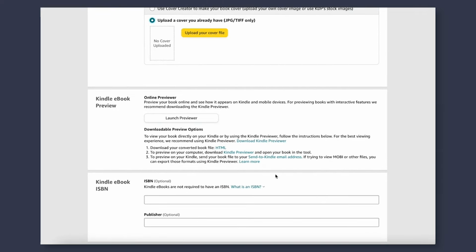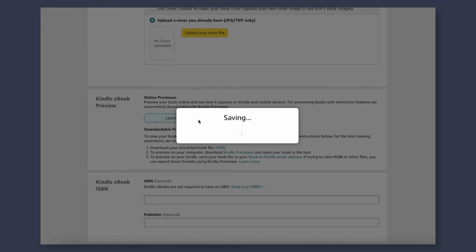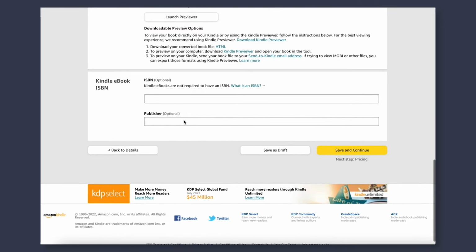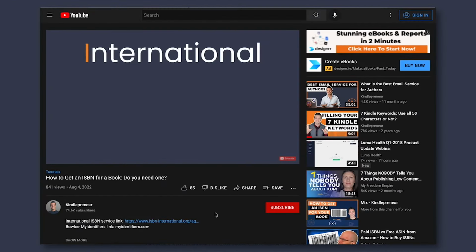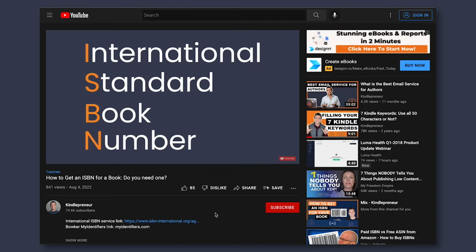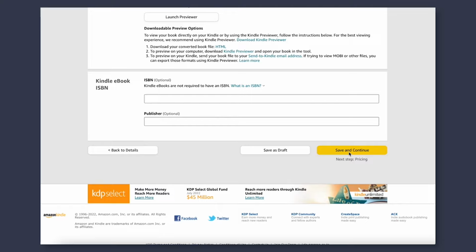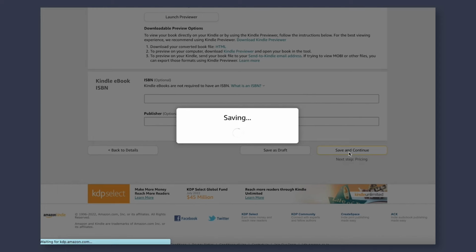Kindle ebook Previewer gives us the option to launch the previewer and see what our book looks like on Kindle or through the Kindle app. Make sure to use this tool when uploading so as to check yourself and ensure there are no outstanding errors when uploading your work. The ISBN section is where you are going to type in your book's ISBN number. If you aren't sure where to get your ISBN, make sure to check out my video here where I cover everything you need to know about your ISBN and how you can get one. Once you are done, make sure to hit save and continue so as to move along to the Kindle ebook